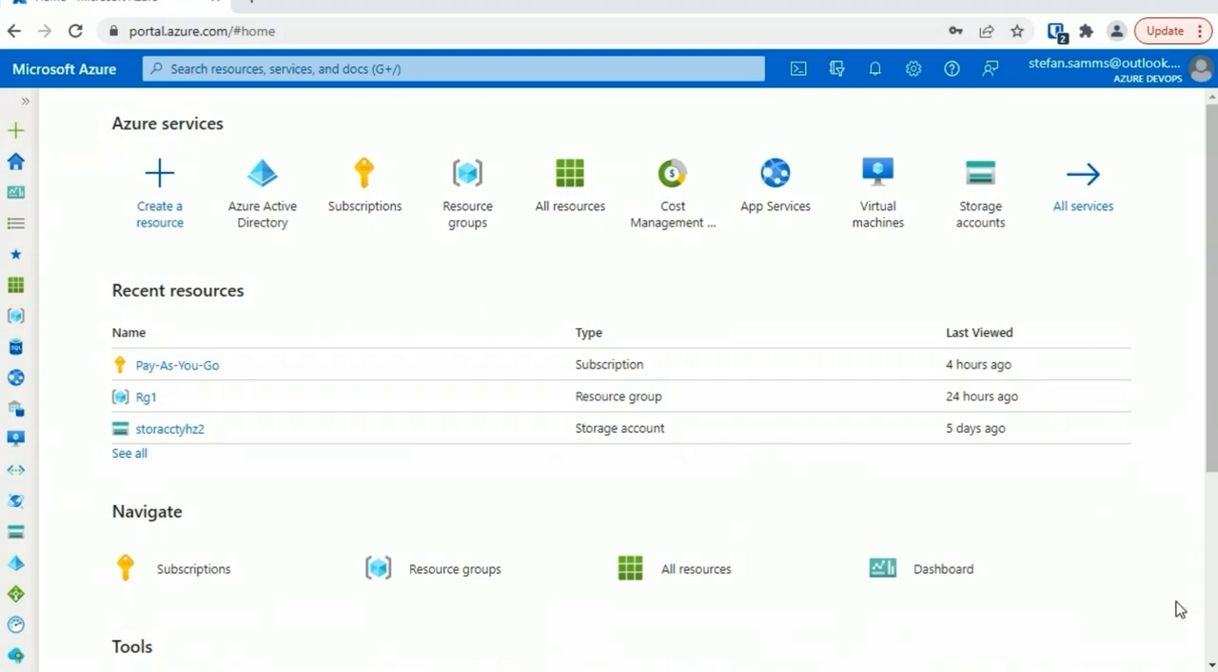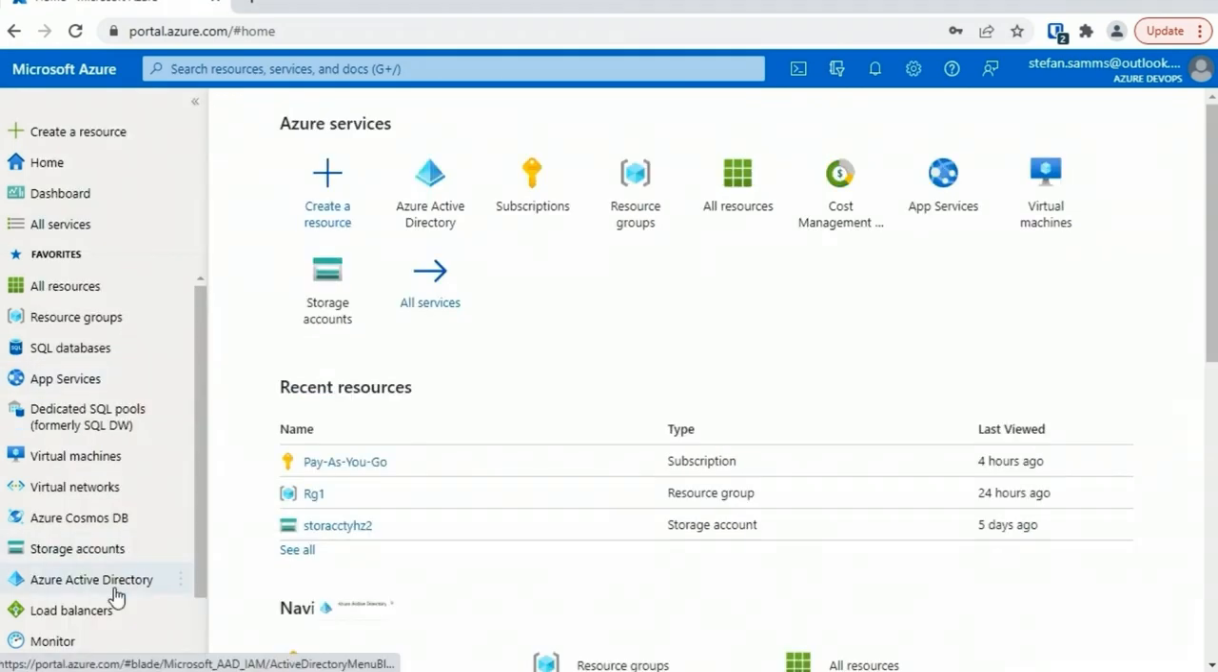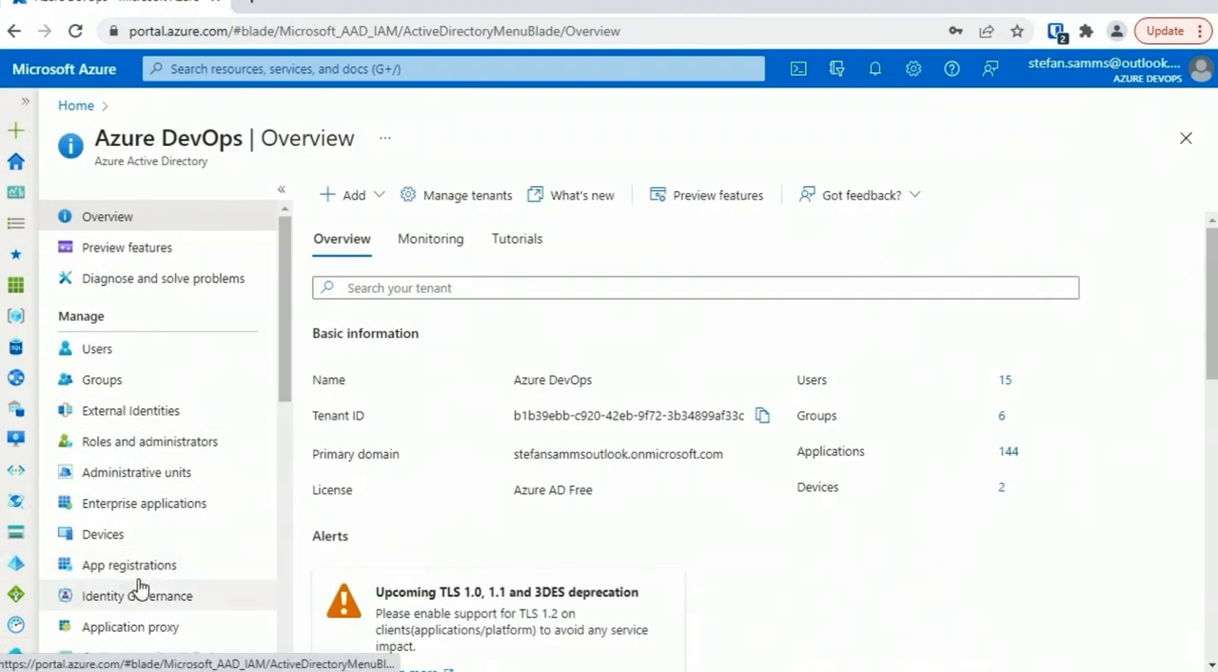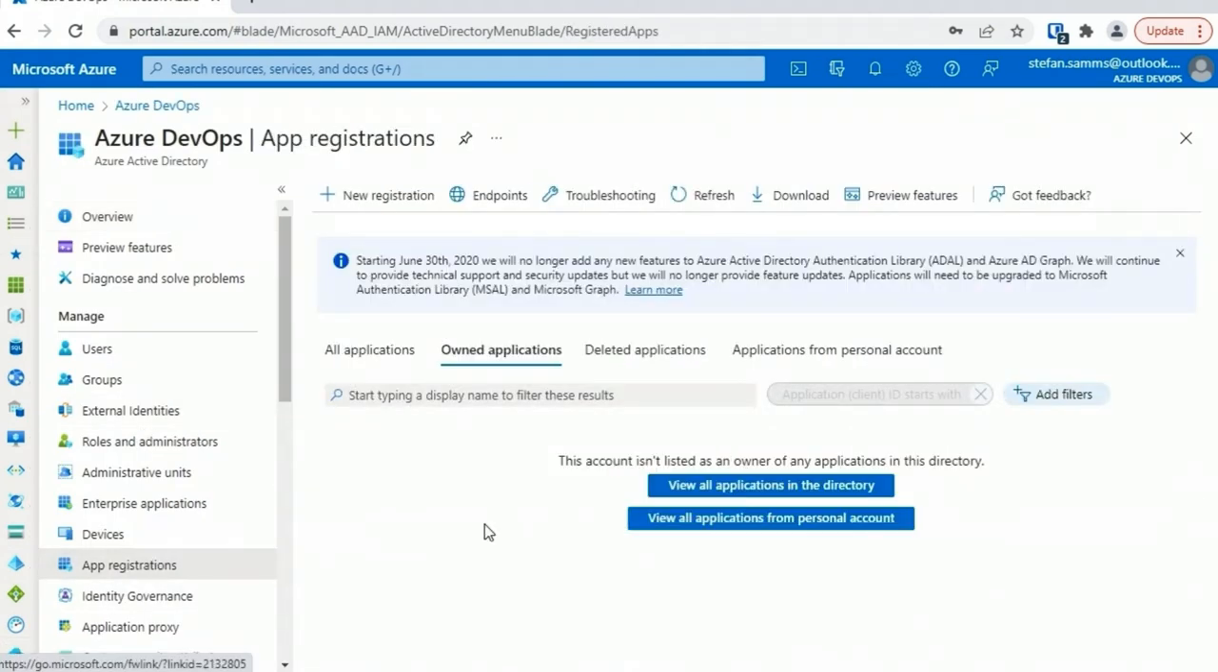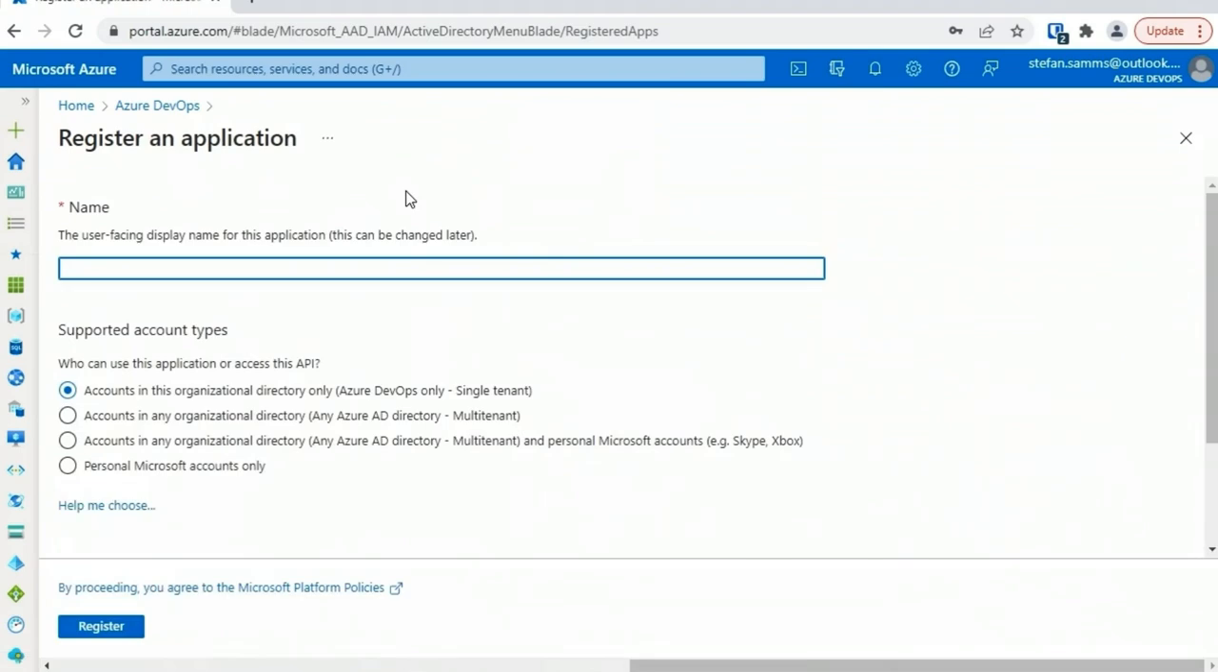Let's go ahead and take a look at this. Here in the portal, in the left-hand navigator, I'm going to drill down to Azure Active Directory. And what I'm going to do on the left is click on App Registrations. So any existing app registrations will be shown. Of course, we're here to make a new one. So I'm going to click the new registration button up at the top, and I'm going to call this App